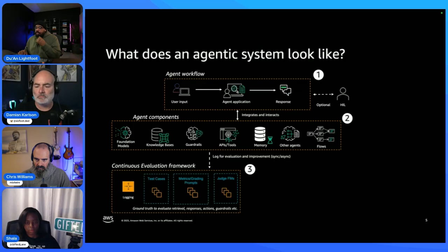Now, once you have all that and you have your system working, I mentioned the evaluation. You need to be able to evaluate your agent. Like, is it really performing the actions that I want it to take? I did this demo the other day where I had an agent run for a full hour, right? And I wanted it to do a series of steps as it went through and completed each task.